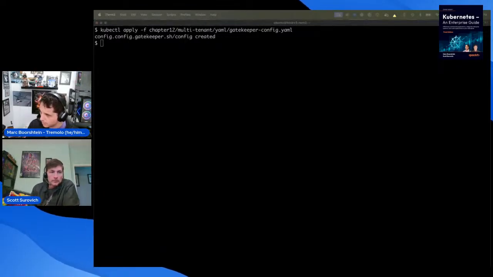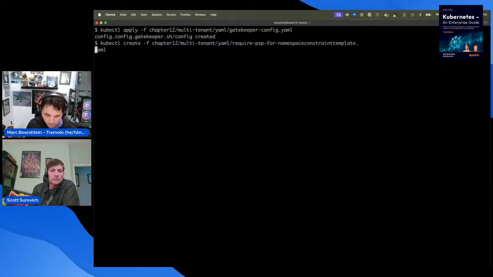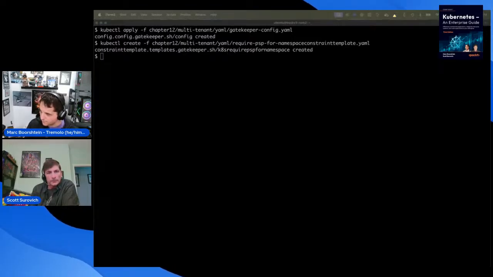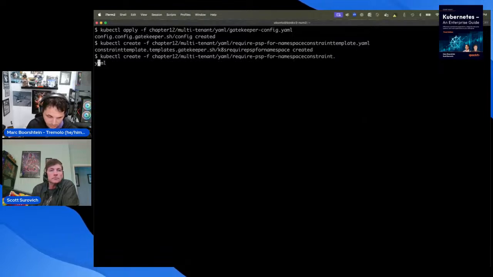And then we're going to create our require PSP template, which is what we were just looking at. That's our constraint template. And then we're going to put in a constraint enforcing a requirement that you have pod security policies.